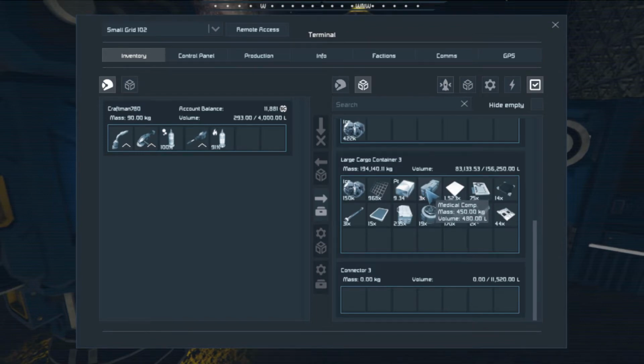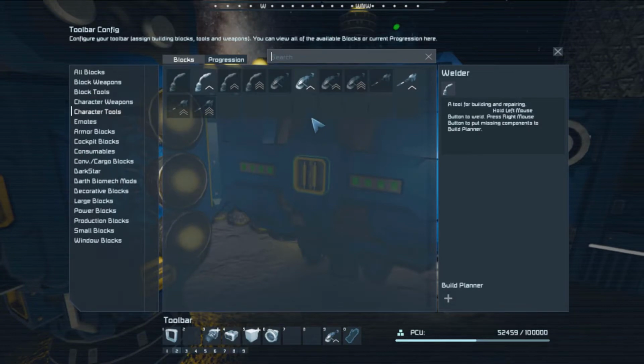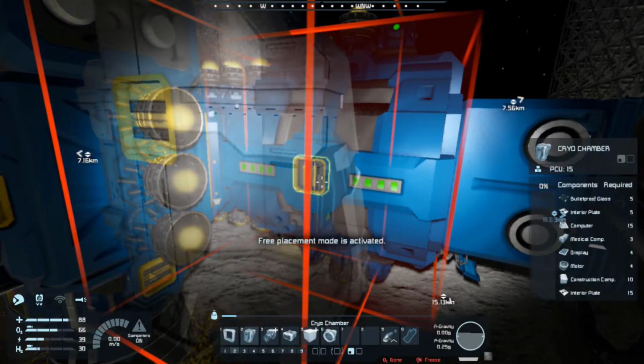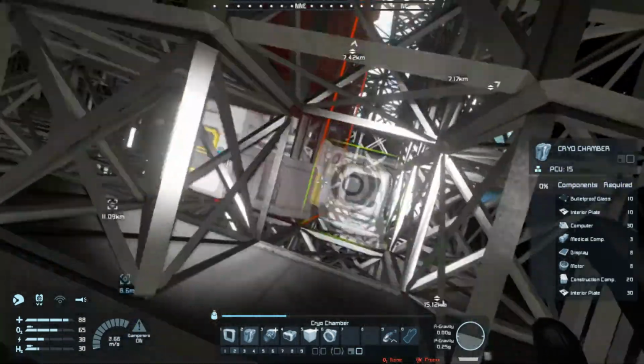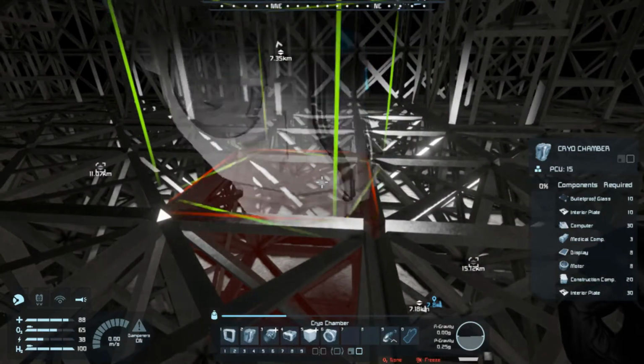I refined most of the silver, got a couple metal grids. I was lacking those. I made quite a couple power cells off camera as well for batteries. So let's go ahead and grab a cryopod, because those apparently need medical components now. So it's currently nighttime, so what I could do, just pop in here, pop a med bay